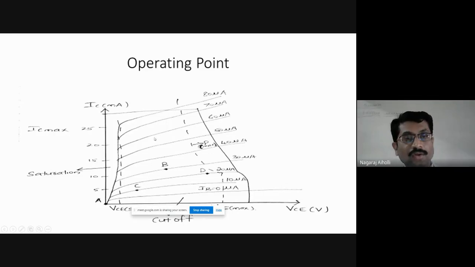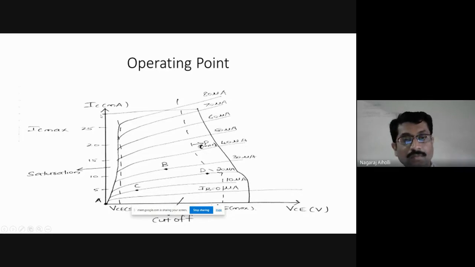Now on these characteristic curves, I have the vertical and horizontal lines. This is the IC max, the maximum collector current. I can draw it here at around 25 milliampere. Then similarly, I can also draw the VCE max. This is the maximum collector to emitter voltage. Here I have drawn it with a dashed line. Then there is this dashed line which indicates the maximum value of power. Power is nothing but the product of current and the voltage.